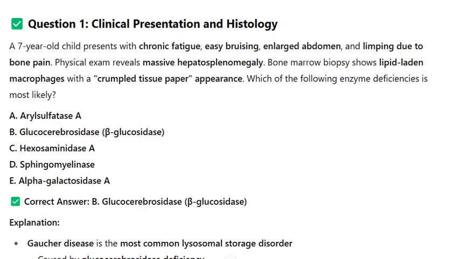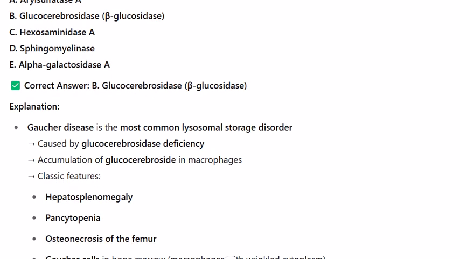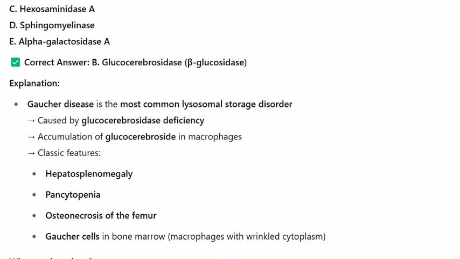A. Arylsulfatase A, B. Glucocerebrosidase (beta-glucosidase), C. Hexosaminidase A, D. Sphingomyelinase, E. Alpha-galactosidase A. Correct answer, B. Glucocerebrosidase. Explanation. Gaucher disease is the most common lysosomal storage disorder, caused by glucocerebrosidase deficiency, with accumulation of glucocerebroside in